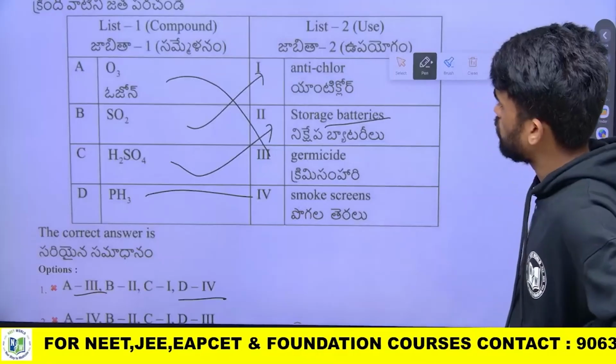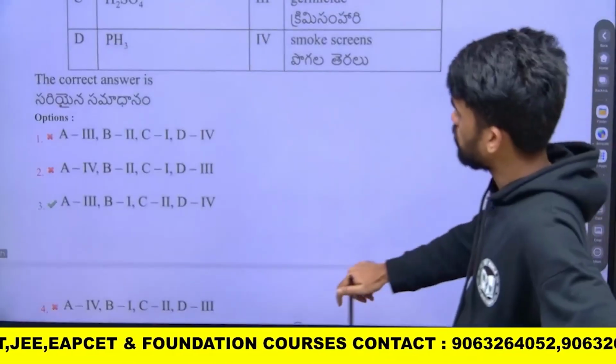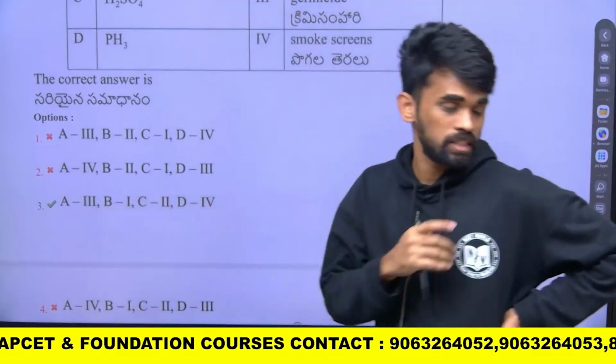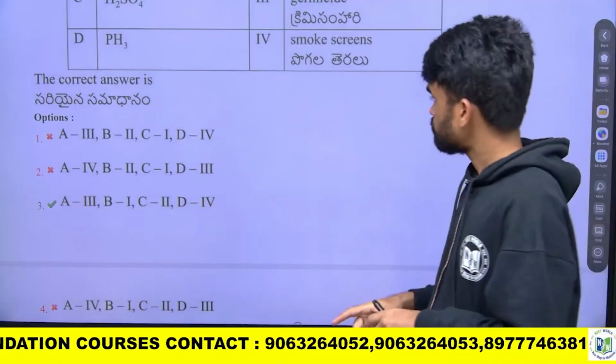A3B1, A3B1C2, A3B1C2. Yes, we have option number 3. So you can choose that option, A3B1C2. Okay. Then next,